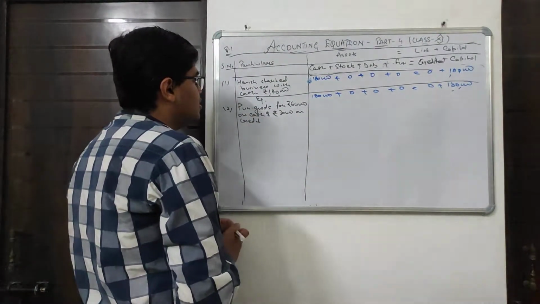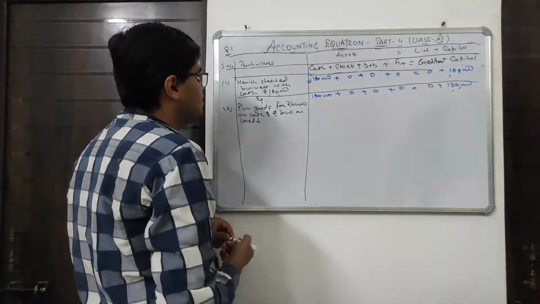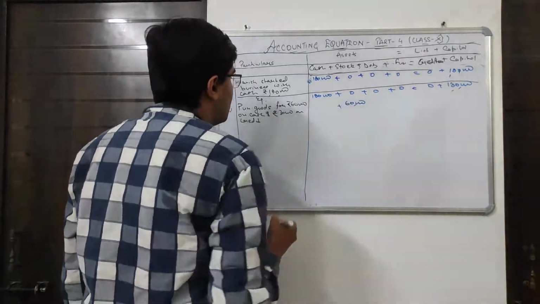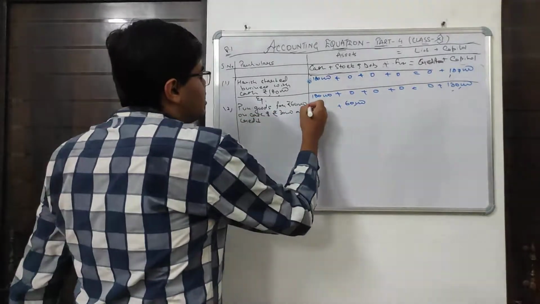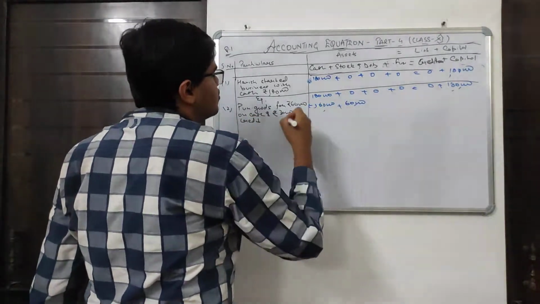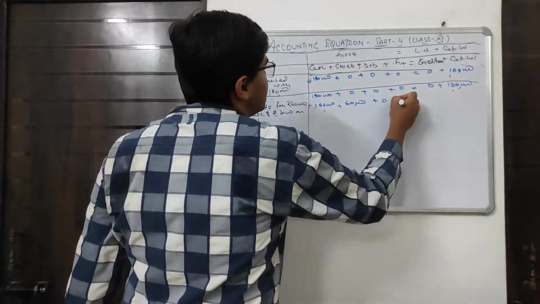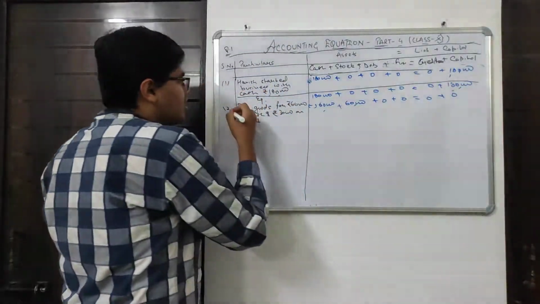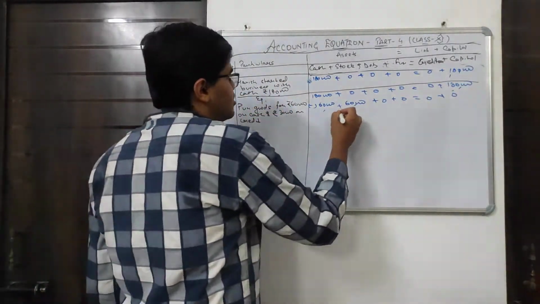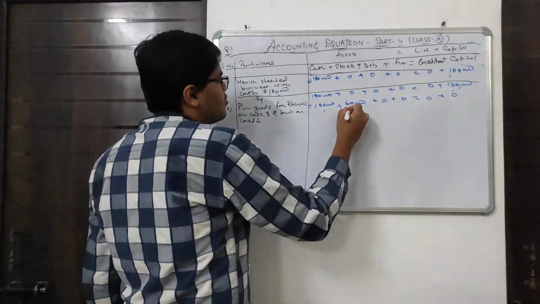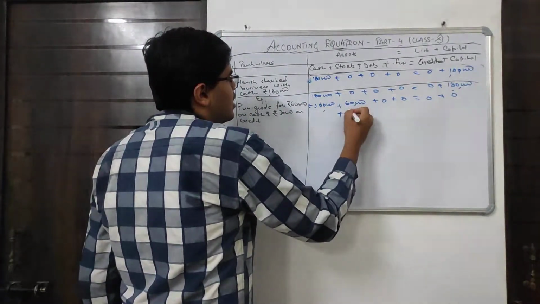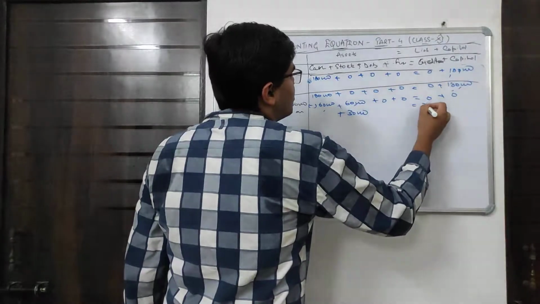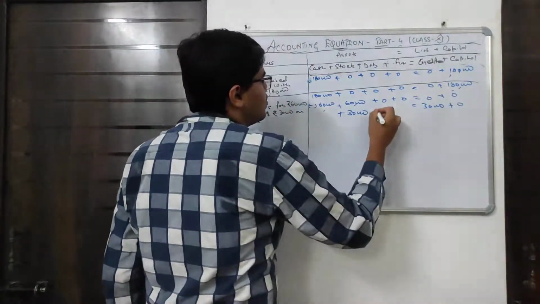So we are purchasing the goods. So goods, that is stock, will be coming into the business. It will be added by 60,000 and 60,000 will be deducted from the cash, and no change in debtor, no change in creditor, no change in furniture, and no change in capital. Now the second part of the question states that purchase goods on credit 30,000. So again the stock will be added by rupees 30,000, and now we are purchasing the goods not on cash, but on credit. So 30,000 will be added in creditor, rest no change.